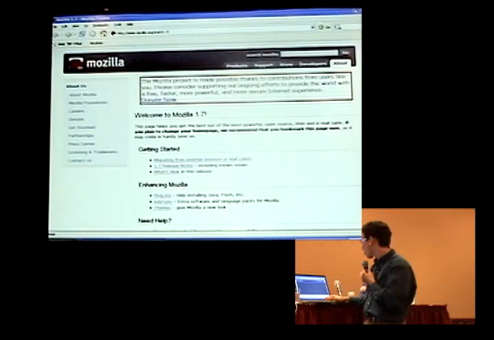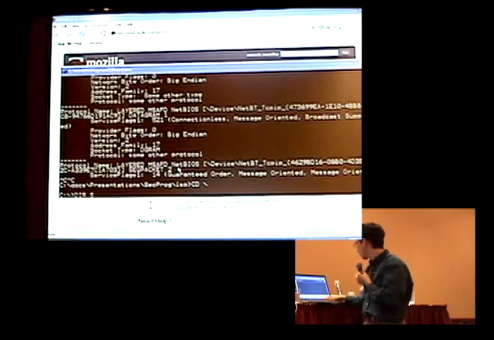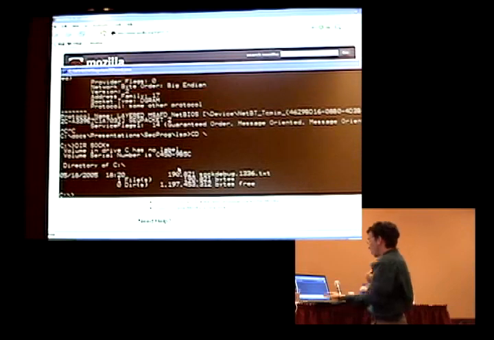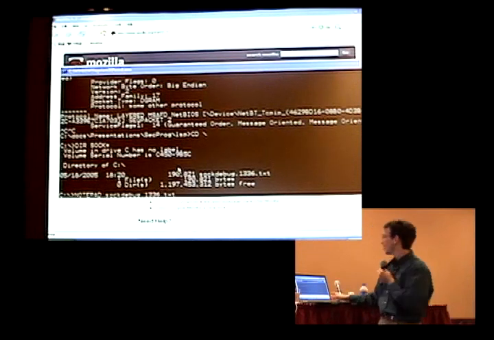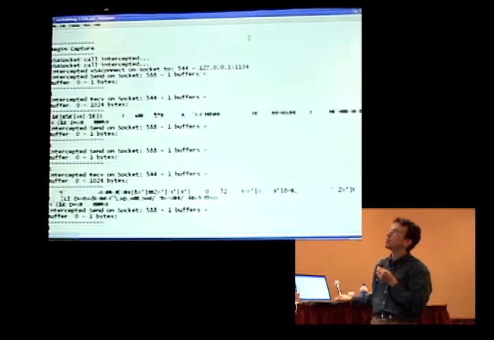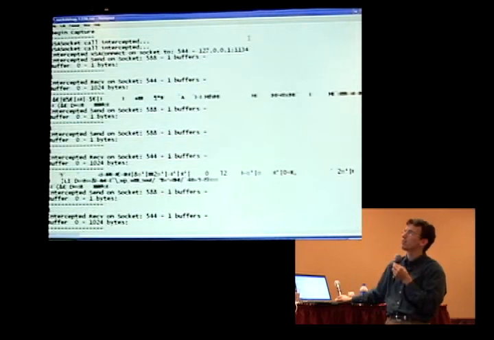Now, unbeknownst to the user, we have a little sock debug, and there it is, 1336.txt. If we go into that, I'll open it in Notepad. It's really hard to type with one hand here. Okay, you'll see that it has those captures, including all sorts of captures